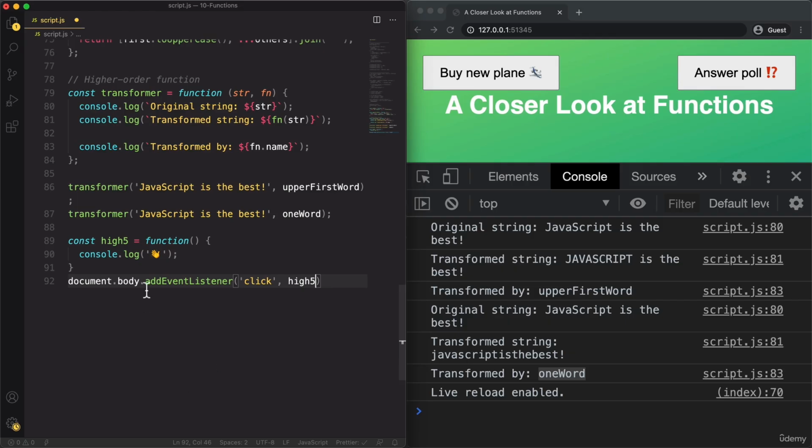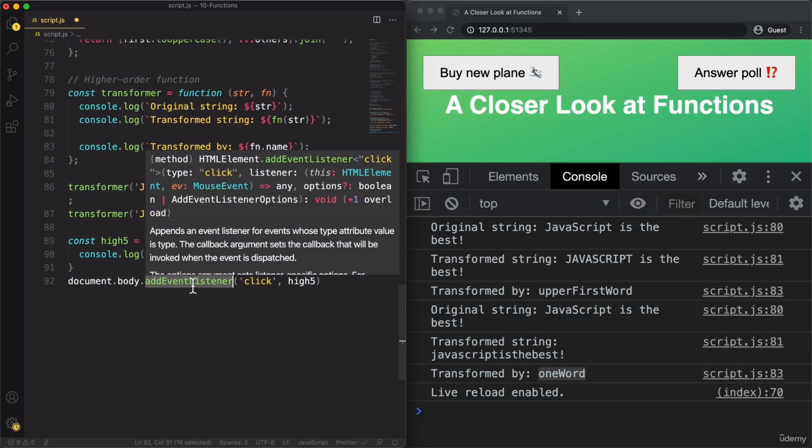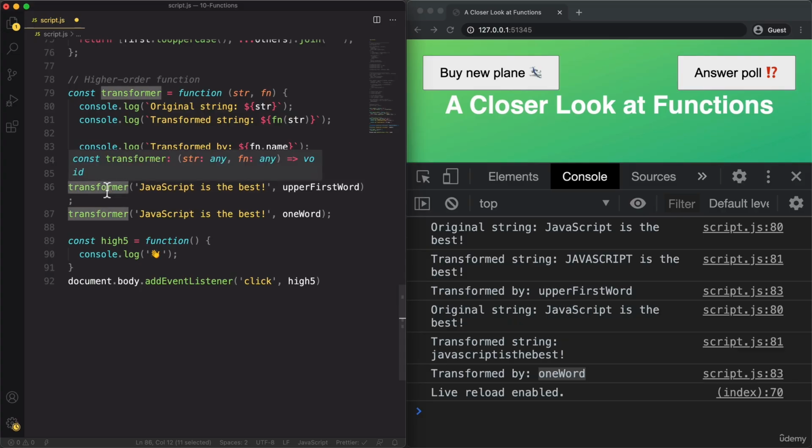So never mind about this part here. We're going to learn later what this means. But what matters is the addEventListener. And so just like our transformer function, we pass in a callback function. Okay? And this callback function in this case is also called the event handler or the event listener, but that